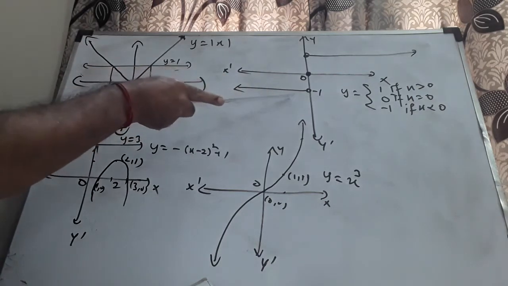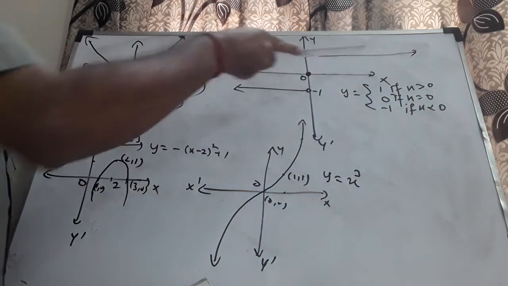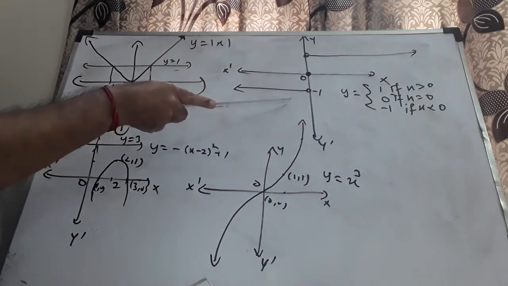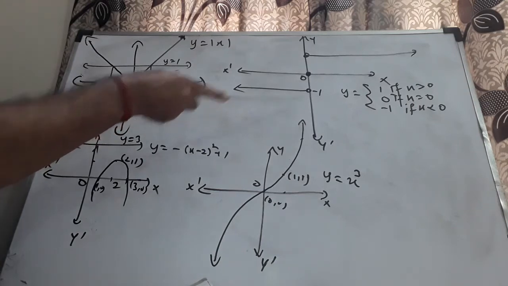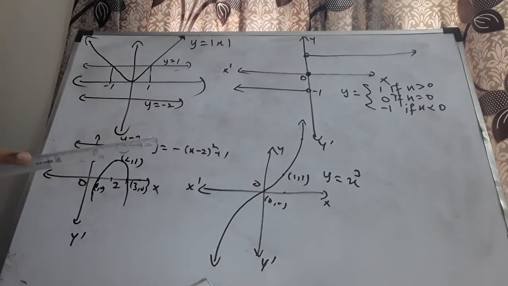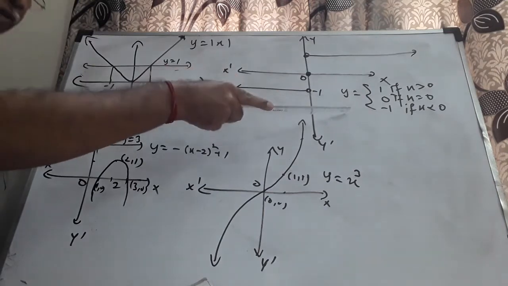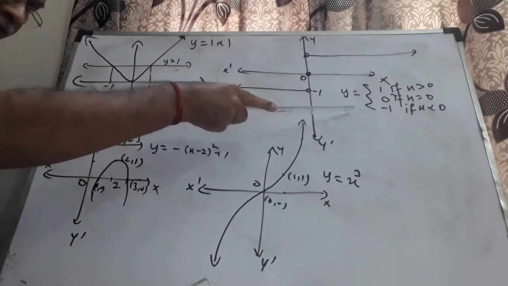Every negative number has the same image. Every positive number has the same image. Therefore, it is not 1 to 1, not at all. And of course, only 1, 0, minus 1 will have pre-images. None of the other elements will have a pre-image. Therefore, it is not onto also. Therefore, it is not a bijection.